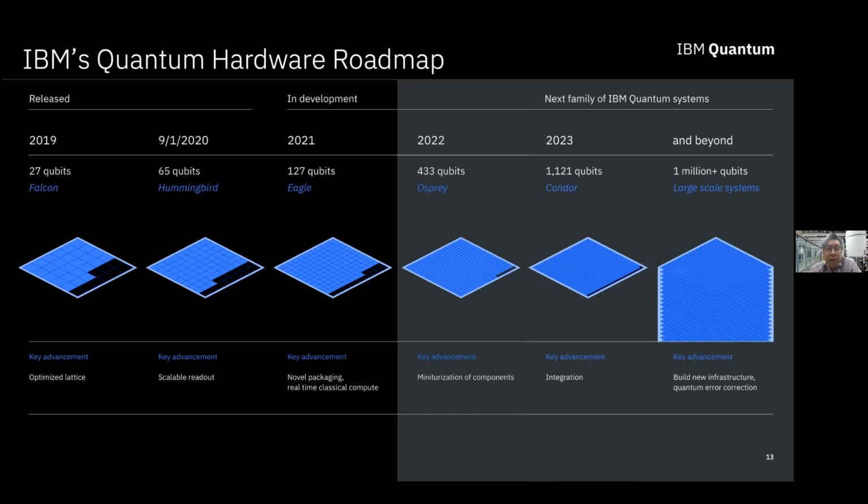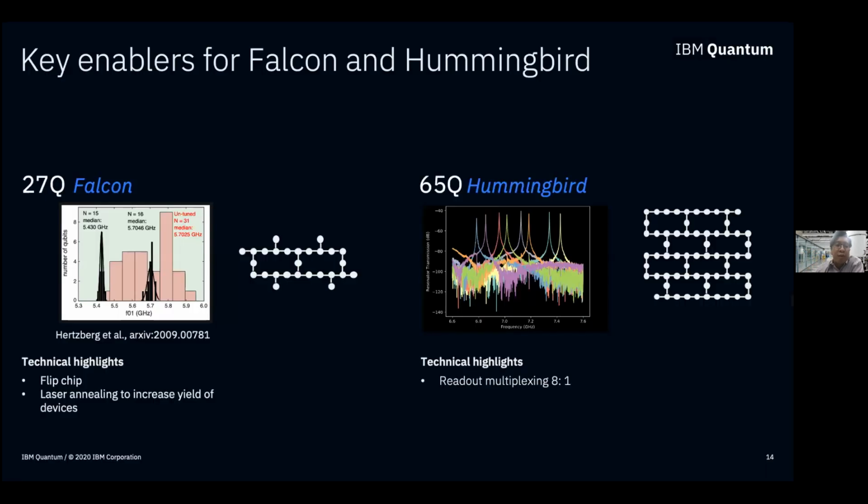Now, a key thing about these types of roadmaps, right, and what's very important about hardware development is that we try to find key technological enablers at each step, and much akin to how semiconductor development was done in terms of node after node of progress. We're trying to drive towards critical advancements that bring us to the next hurdle of hardware enablement, right? And so we can kind of walk through this in terms of what were those key enablers.